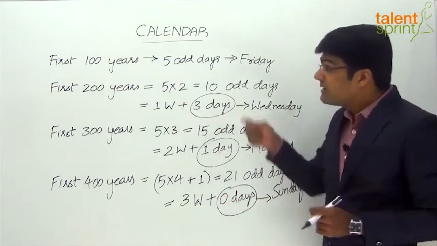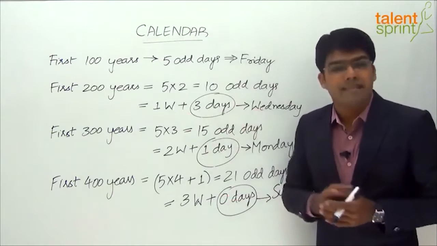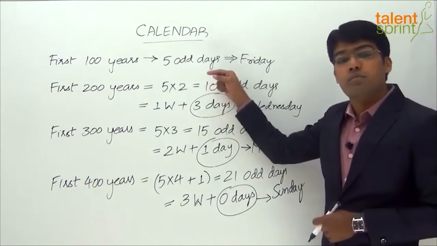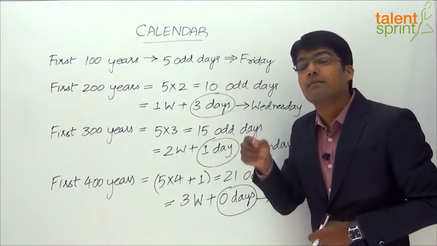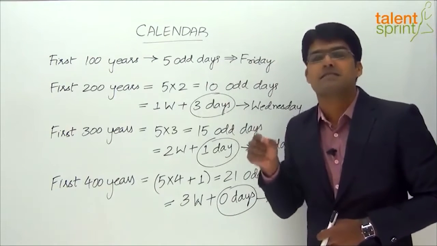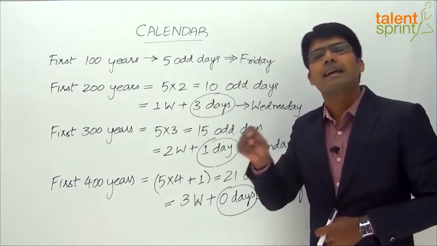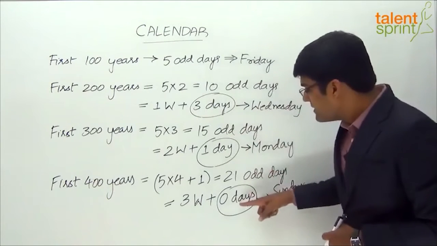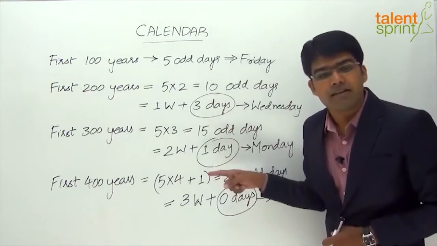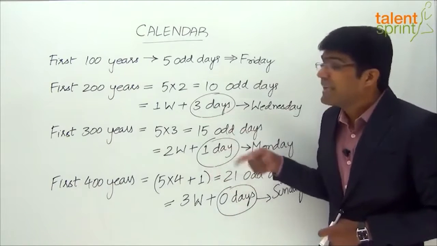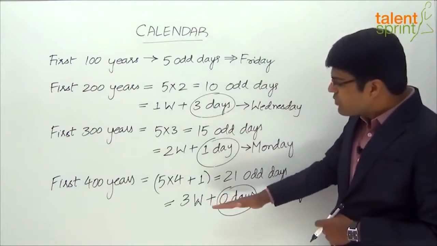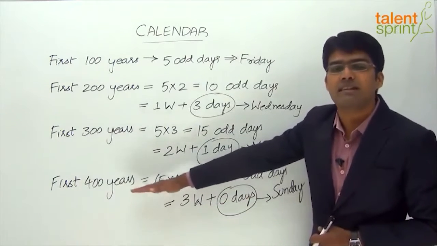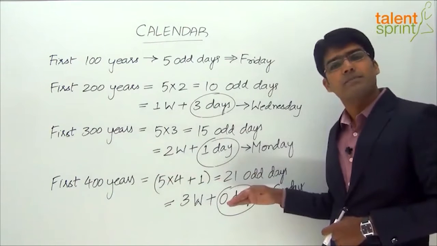And now that we have got 0 odd days for the first 400 years, we can say that this cycle of odd days will repeat itself. Because if you remember, we started from a reference point which was the 0th day, the day before 1st January of the first year. It was a Sunday and that was the reference for us. So we started from 0 odd days and again we have reached 0 odd days in the first 400 years. Which means now the cycle is going to repeat. So now again, if you take the last day of the 400th year as the reference point, it was a Sunday.